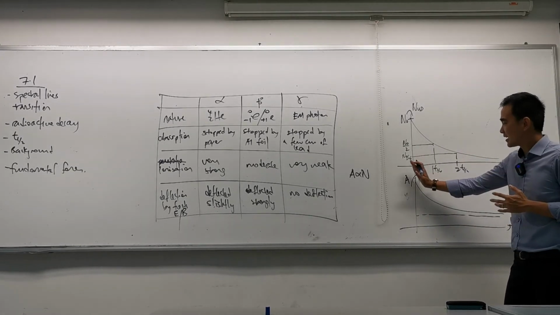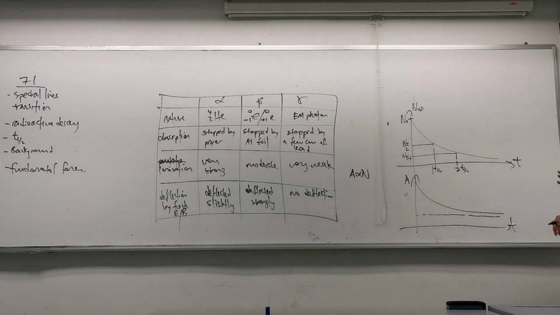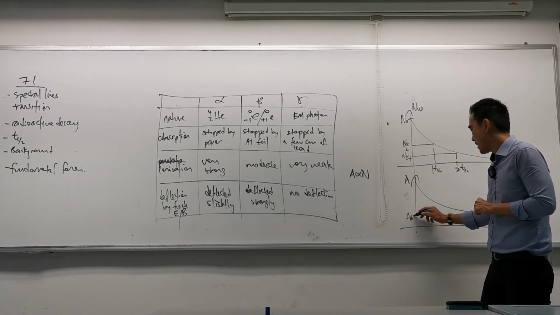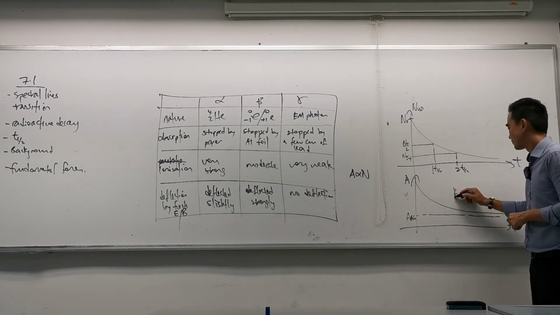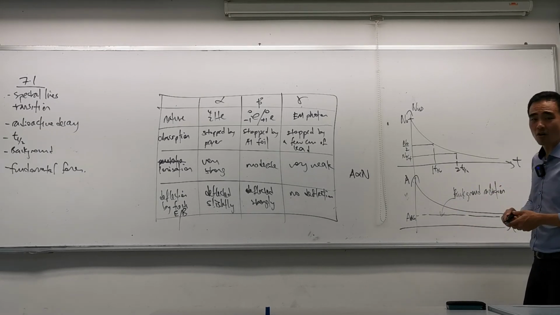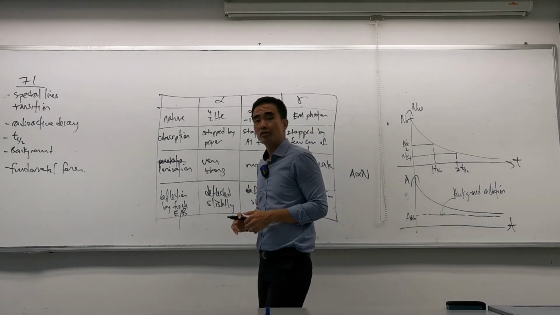So when you detect the activity, it goes down to a non-zero value. Not N, it's activity, the rate of decay. So why is this so? It means that in this case, you will have this thing called the background radiation. Now, the background radiation can be due to minerals in the ground. It can be due to cosmic radiation.